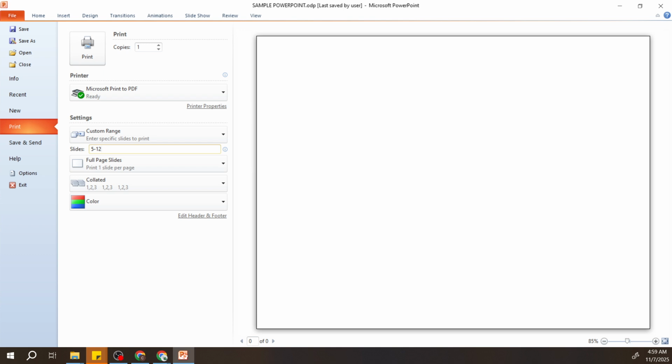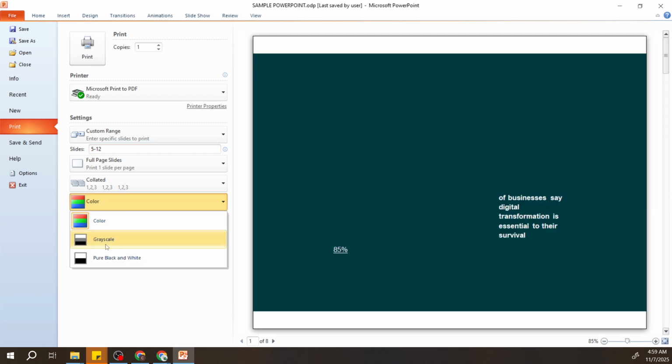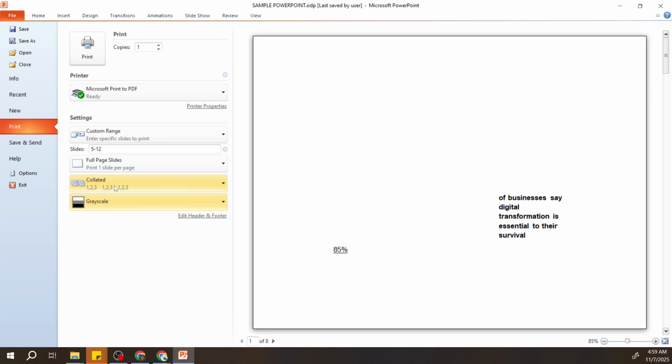Don't hesitate to explore the other settings available to you. For instance, you might want to adjust the number of copies you need or set the slides to print in grayscale instead of color, depending on your needs and printer capabilities. These additional settings are all located within the same Print dialog box and can be quite handy in fine-tuning your printing preferences. Finally, after you've double-checked that all your selections are to your liking, simply click the Print button to